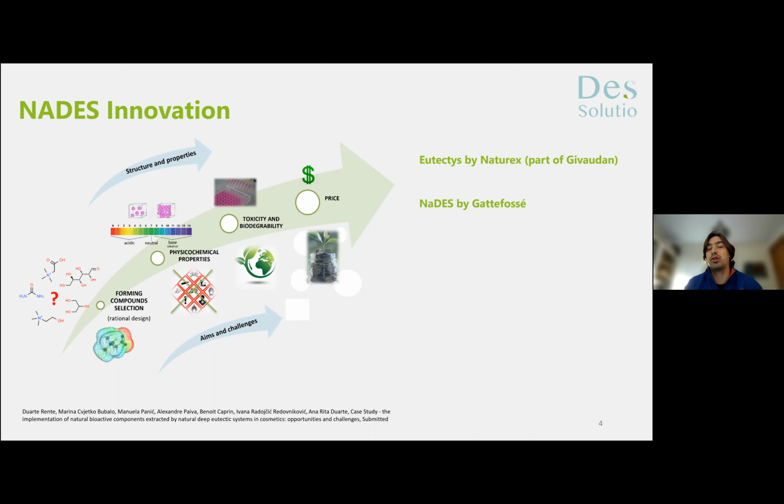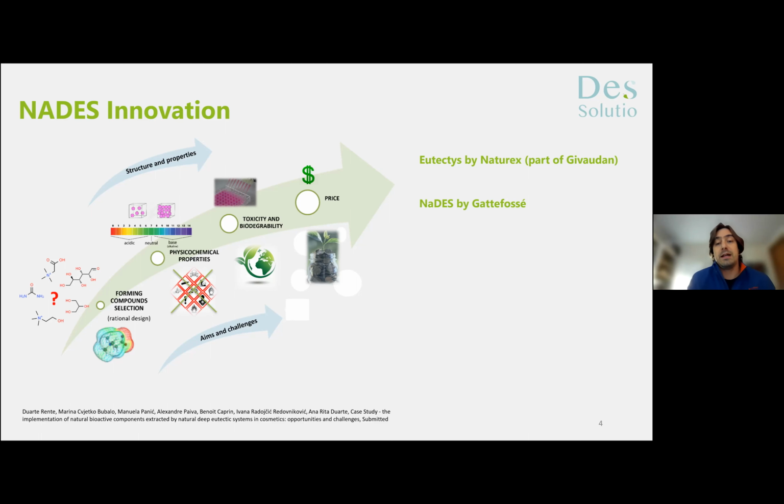Many of these solvents, especially if we are using choline chloride, have a problem of high acidity. And this, of course, can transpose these problems to toxicity and biodegradability, especially toxicity. If it is very acidic, I can extract a lot of the component I want. I have a deep eutectic solvent that has a high solubility for antioxidant A or B, but then it has a high acidity, and then I cannot use it in a formulation.